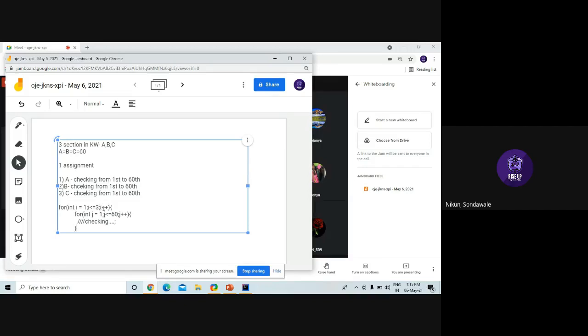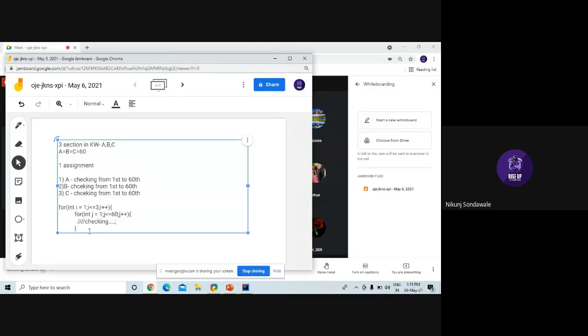Previously it was 2, now it incremented to 3. So 3 is less than or equal to 3, this condition is satisfied, so it will go to the inner for loop. 3 means C section. Now again I'll perform checking from the first student to the 60th student.